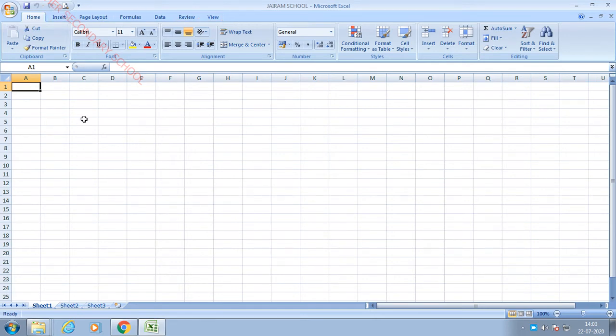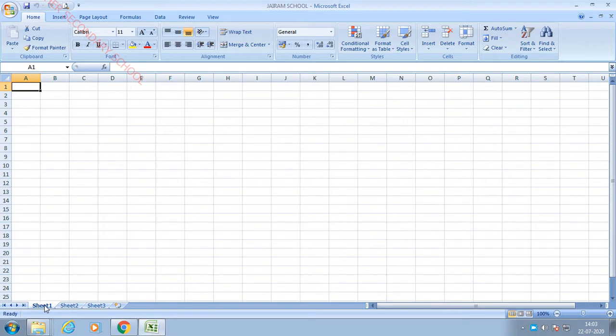Now let us see what this is. This is called the work area, or we can say worksheet or spreadsheet. Here we can calculate the data, draw pictures, create a chart, or create smart art. At the bottom of the screen we have the sheet 1, sheet 2, sheet 3 options by default. What is the purpose of these options? For example, if you want to maintain records of 6th students, 7th students and 8th students, you can keep those records one by one here.